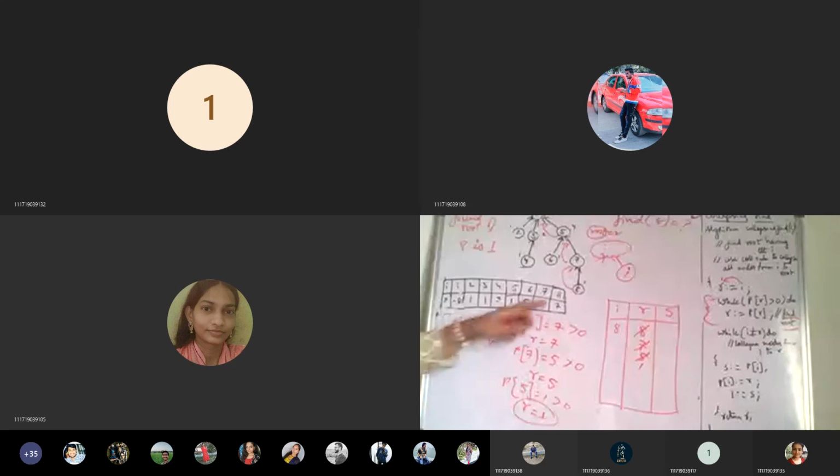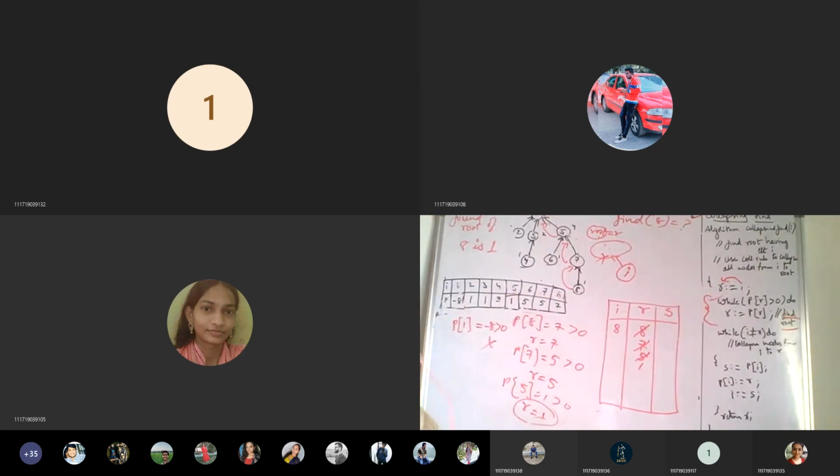Okay, by checking like this, P of 8 is 7, it is greater than 0, so again we assign 7, the value is 5 greater than 0, and P of 5 is equal to 1 greater than 0, and then P of 1 is minus 8 which is not greater than 0. So wherever R is stopped, that is the root value, and wherever you are getting a negative value, that is the root. Okay, so with this we have found the root.